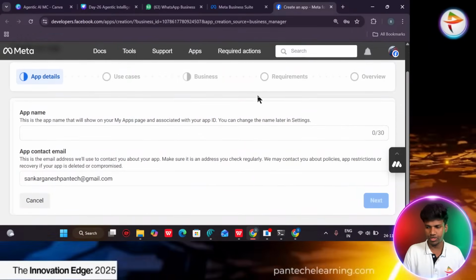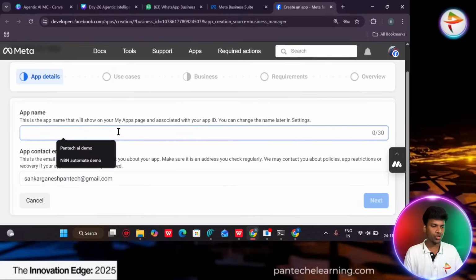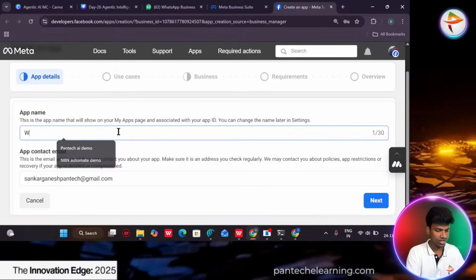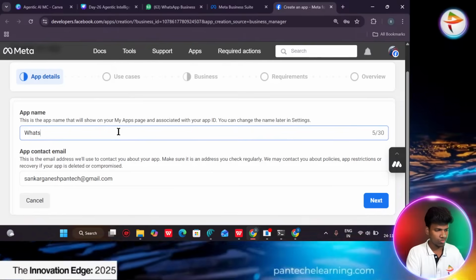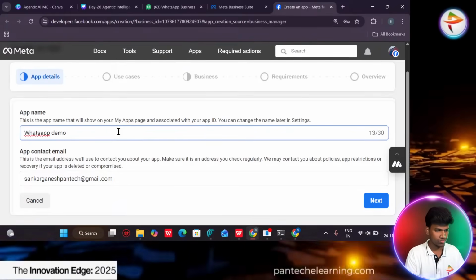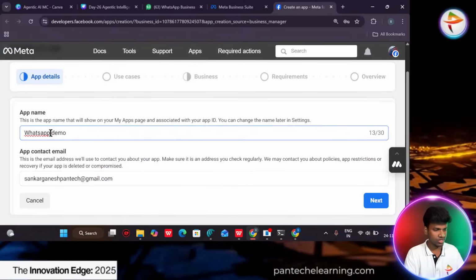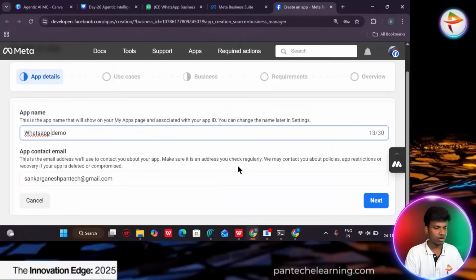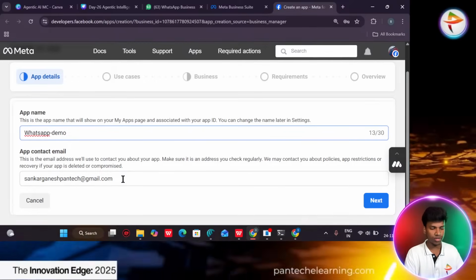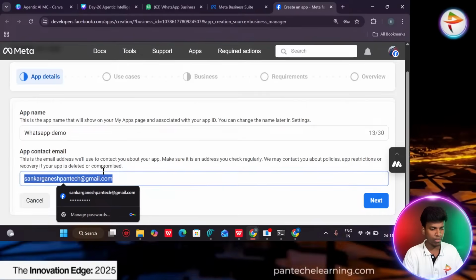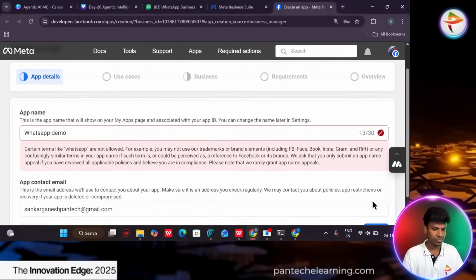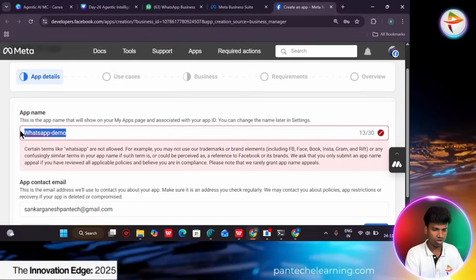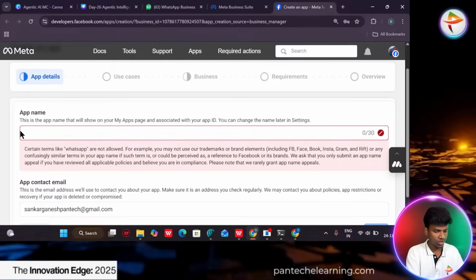Now you can see, sharing Fatima. Yeah. So now you can provide your new app name. Whatever it is, you can give it here. I can give it like WhatsApp demo. I think it's getting some error. We can try. Okay, so now you give the name like WhatsApp demo. Here you can mention your contact mail ID. I can provide my mail ID and click next. Okay, the term is not allowed here. WhatsApp, the official names are not allowed. So we can try with a different one.